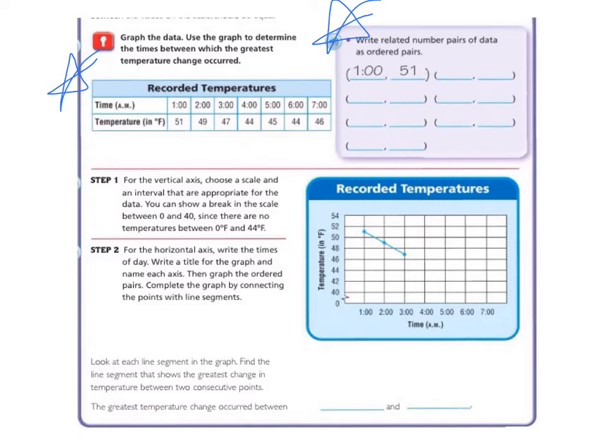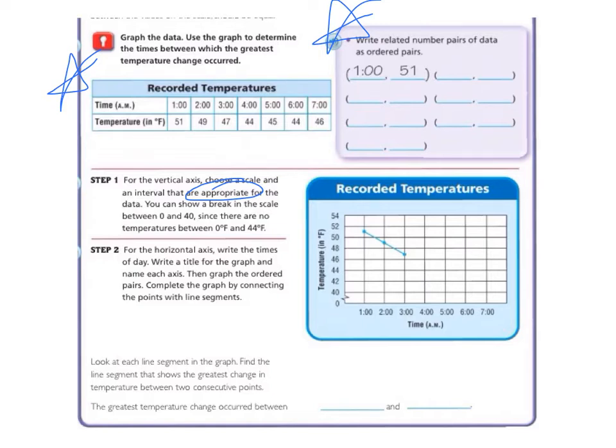Step 1 says for the vertical axis, choose a scale and an interval that are appropriate for the data. You can show a break in the scale between 0 and 40 since there are no temperatures between 0 degrees and 44 degrees Fahrenheit. So when it says that we choose a scale and an interval that are appropriate for the data, it means that we choose numbers to put on our vertical axis that match up with the numbers that we have. So we have to look at our information that's in our table,